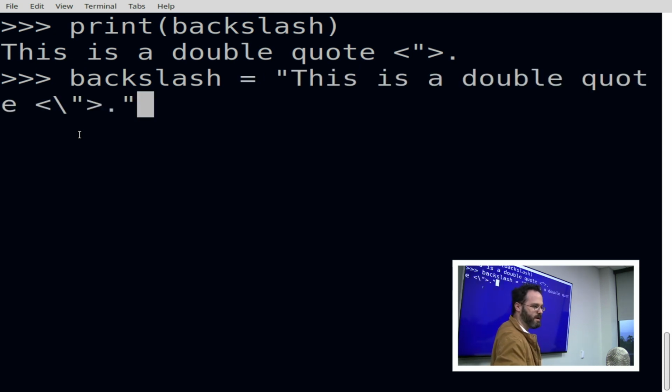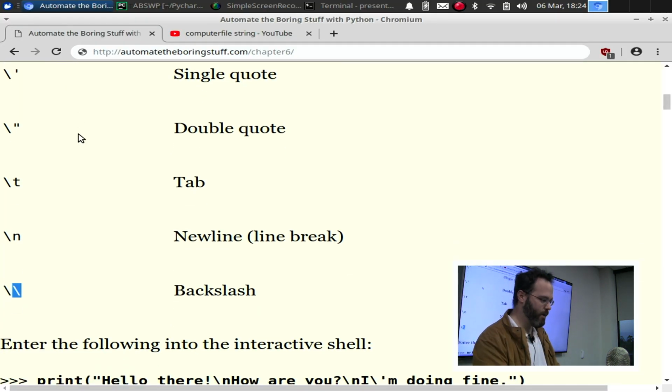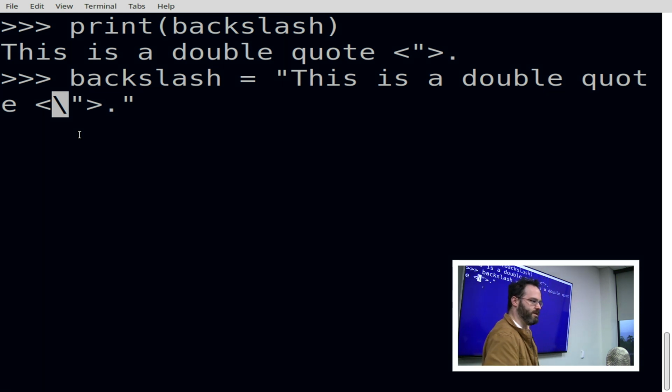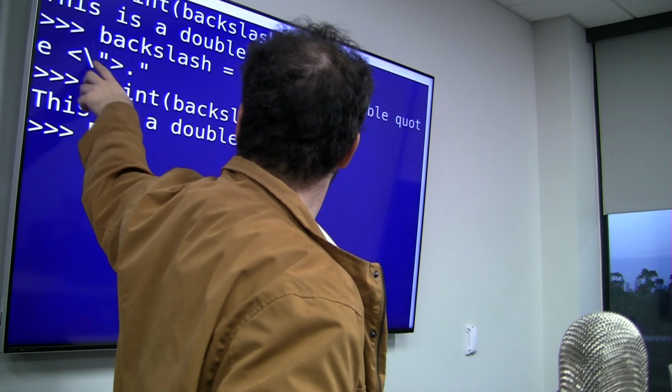We escape it. Now here's a question by extension, right? If I look at this and we come back, now I know how to escape the double quote. What if I want to put a backslash in the string? Right? So what if I actually want to show here the backslash? Here's the string I'm making, right? And if I go print backslash, you can see here that I lost this,